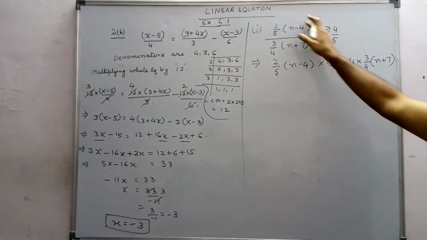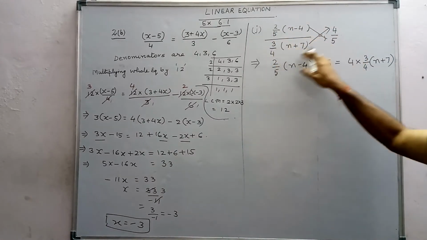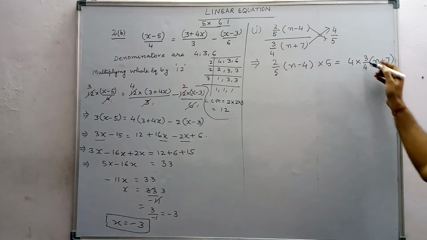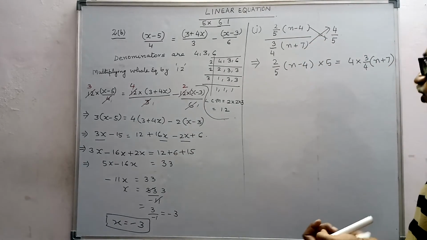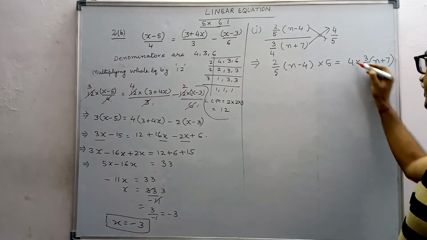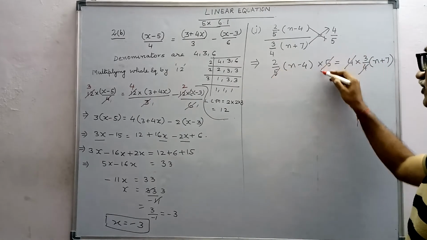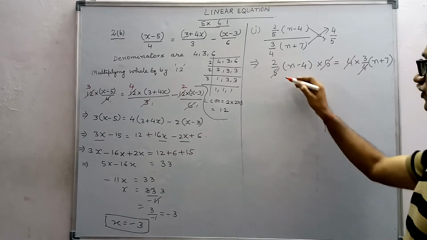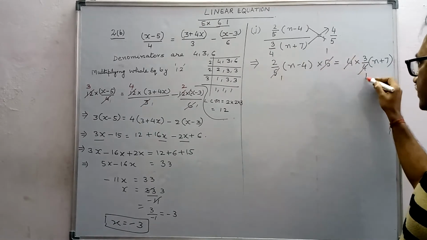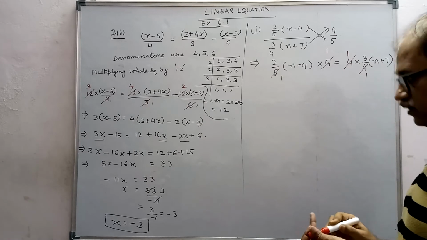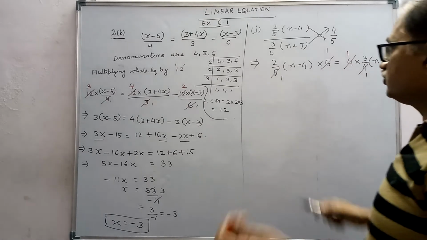So you see this expression multiplied by 5 and this expression multiplied by 4. Here 4 is in the denominator and 4 is in the numerator, so they will be cancelled. 5 is in the denominator and 5 is in the numerator, that will be cancelled. It becomes 1 times, and here it is 1 times. As a result you get,